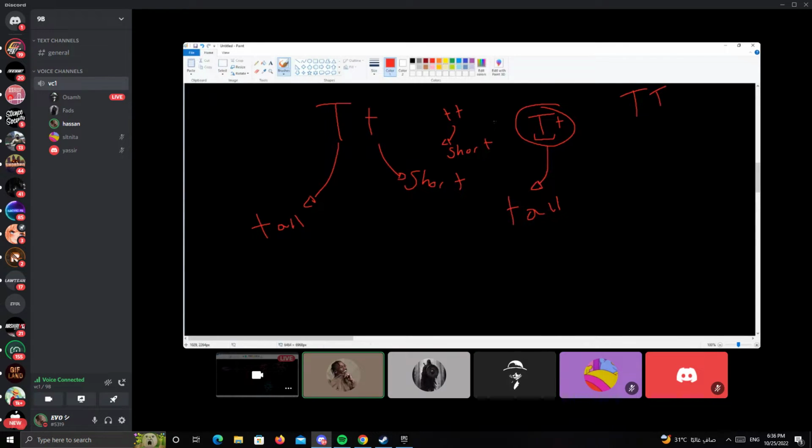Then it's also going to be tall, because both alleles are for tall. This is tall, this is tall, this is tall, short, and this is short. If there's ever a dominant one, in this case tall, it'll always be tall, because this one has tall and this one has tall. This one doesn't have tall, so it'll be short.